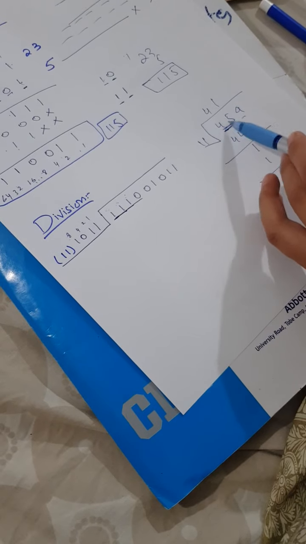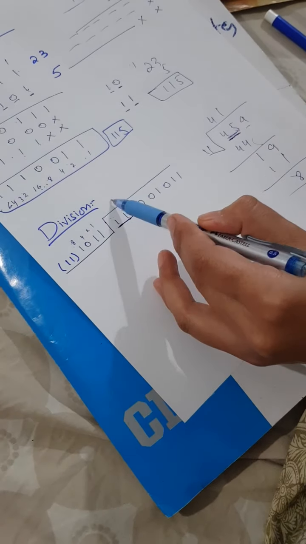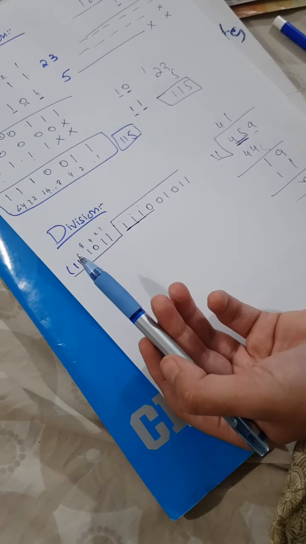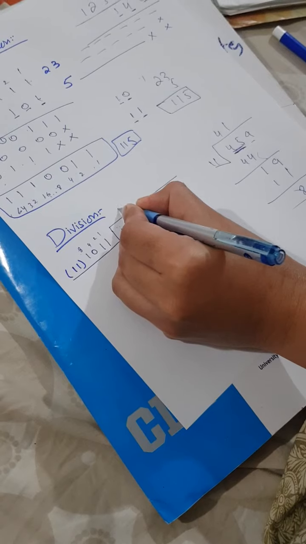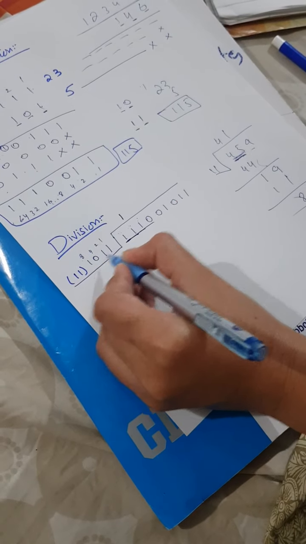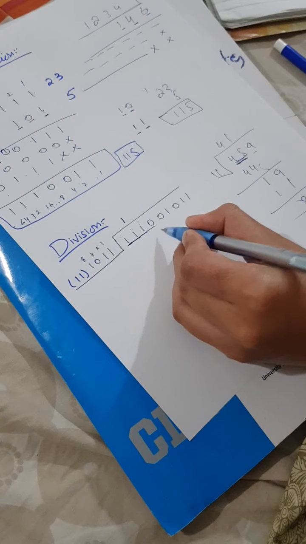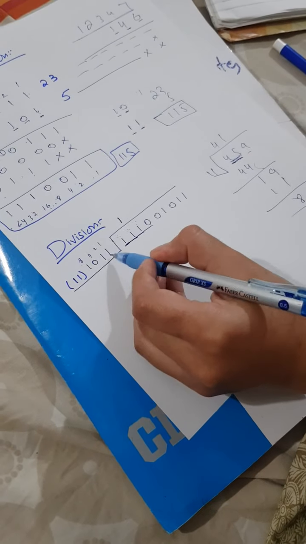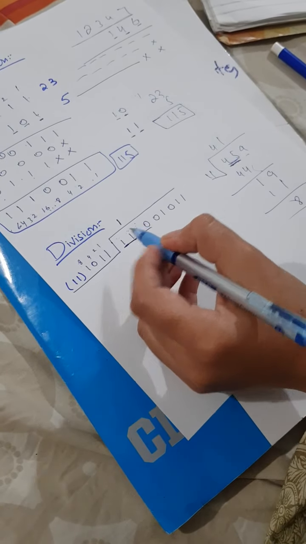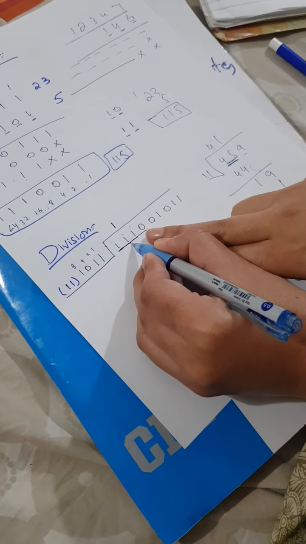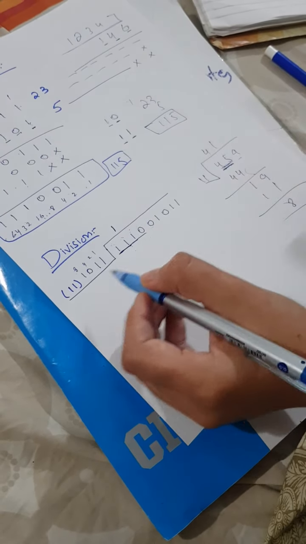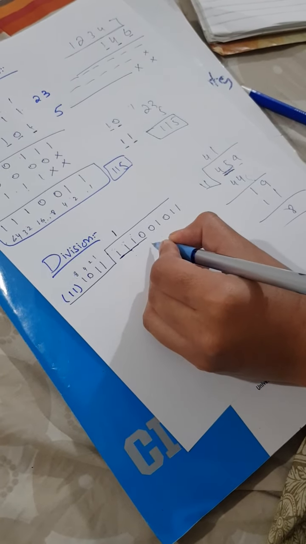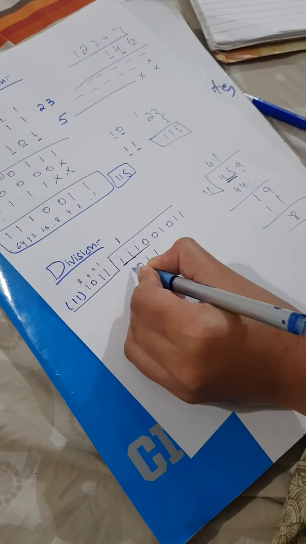So when you can divide, you see what's the value here. You see 10, 11, 4 is 44. In this case, this value is either 1 or 0. So now it is divisible. We will write 1 here and we will write this sequence exactly down here, but writing from the left side. Now there are same digits, so you will not see this rule here because there are 4 bits here, there are 4 bits here. If there were 5 bits, you will start writing the number from the left side. Okay, so 1 0 1 1 1 1 0 1.